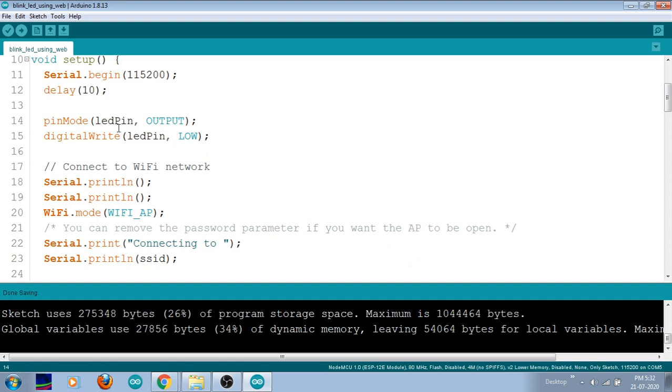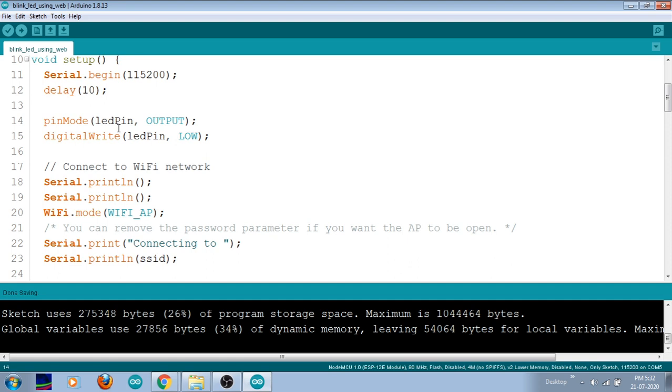We may give commands from the browser to turn on one particular light or to turn off one particular device. So before that, we have to ensure all the devices are in switch off mode. For that, whatever pin I am configuring here, I will be turning it off, okay. So I'm giving a low command: digitalWrite LED pin LOW, in the sense all my devices will be turned off at first while it is converting from manual operation to automated operation.